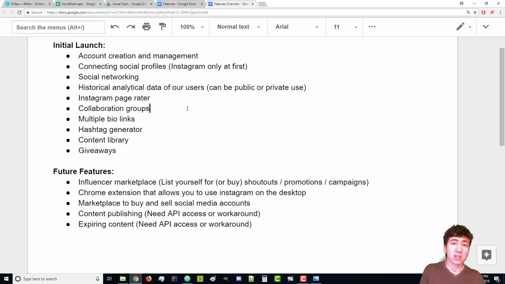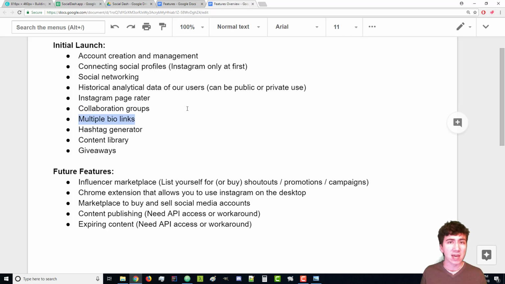The group owners can assign a certain number of admins that have certain access to approve certain applicants if you do have it as an application to join the group. And there's a lot of features, but I would still want it to be simple and to the point and still useful for actually providing engagement to each other. So this is going to be probably one of the main features that I'm wanting to optimize as best as possible. So the next feature is multiple bio links.